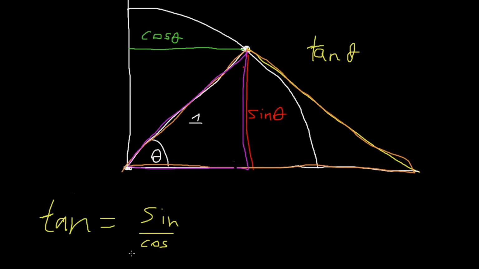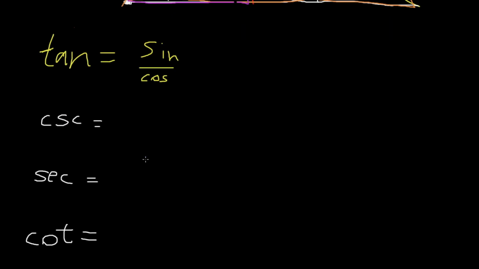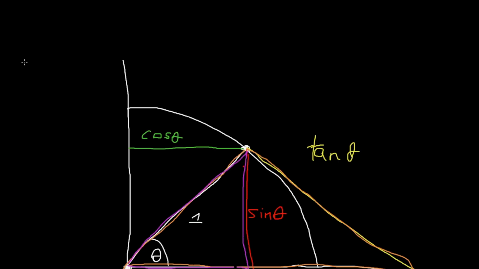Now that we know that tangent is equal to sine over cosine, there are also three other important trig ratios that you should know. We'll start off with cotangent. So cotangent, let's imagine I draw a line right here that's tangent to the point on the circle, and it hits the y-axis right here in white. Now we're going to call this z again,